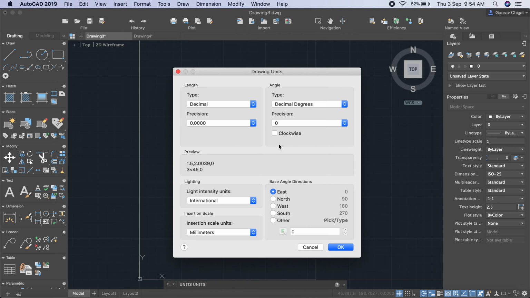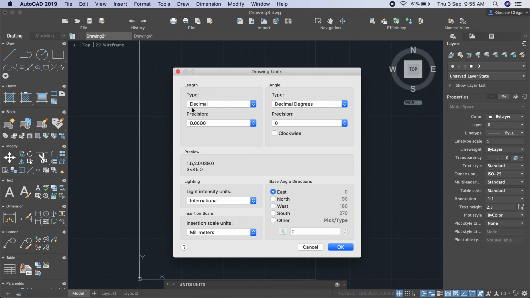A new window opens here and you can see your parameters for length and angle, and there are previews for the units and some scale units are also there. For length units, we always use decimal, scientific and fractional. For the metric system, you use decimal if you are working in millimeters, as mechanical engineering students do. But civil engineering students, architects, as well as other people who work in feet and inches, go for architectural and engineering characteristics of the length.